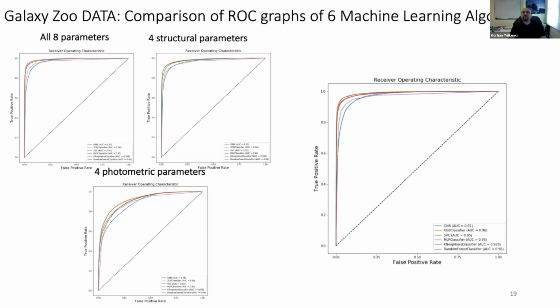There is the receiver operating characteristic on the right part. As you see, false positive rate, true positive rate. The true positive rate is supposed to be 1. So when you go to the left corner, it means the 8 parameters is the highest corner position. So we should use more parameters if we do that algorithm.